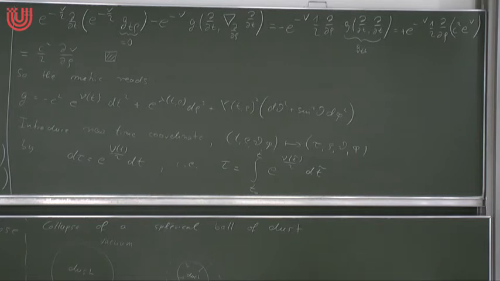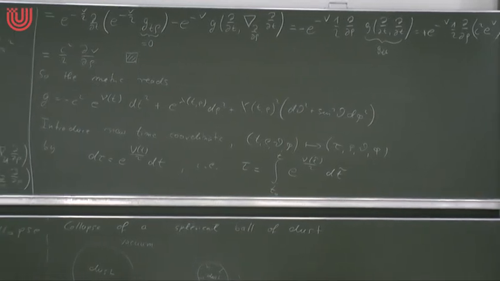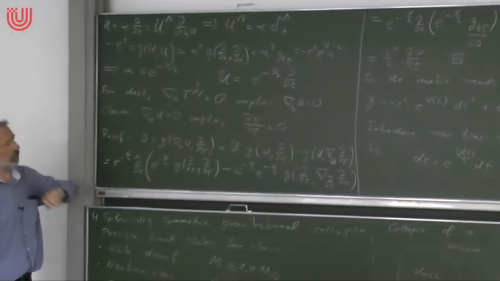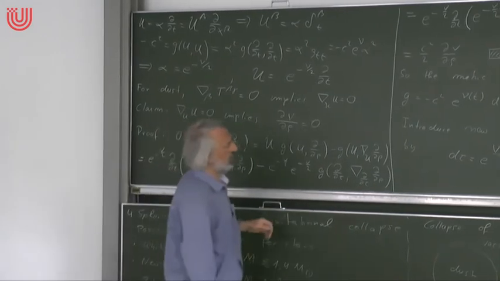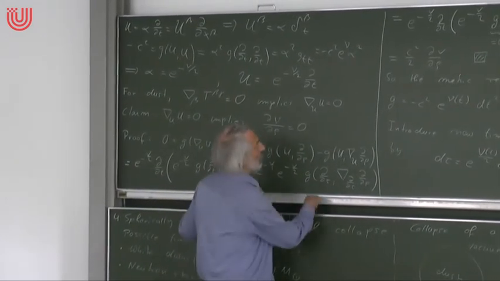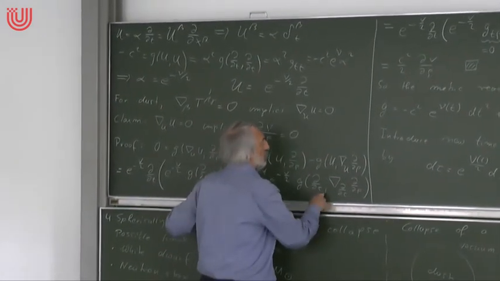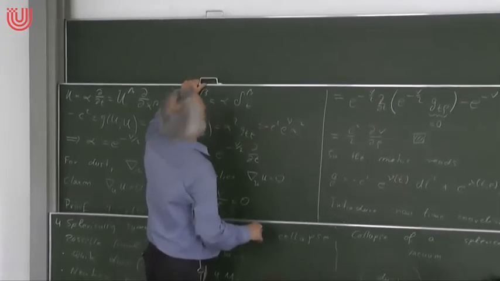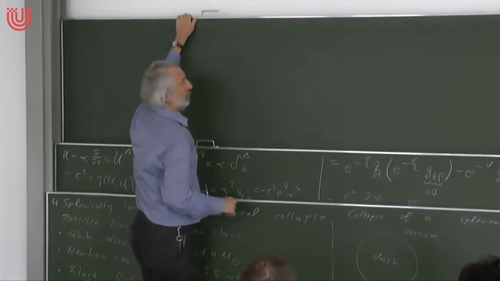Actually, it also works for a perfect fluid. Yeah? I've proven this here only for a dust. I've assumed that the geodesic equation holds for the flow lines. If you use the Euler equation, if you have a pressure term, the argument also works. You can also introduce these co-moving coordinates for a perfect fluid with non-vanishing pressure. And that's what usually is done if you work with perfect fluids under the assumption of spherical symmetry.